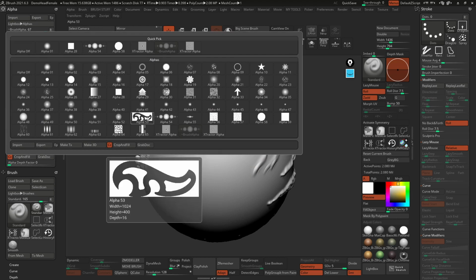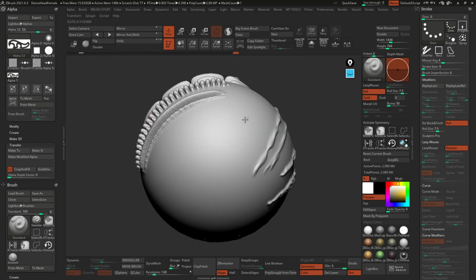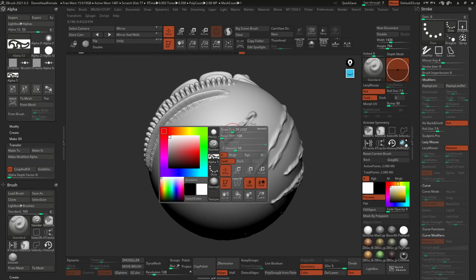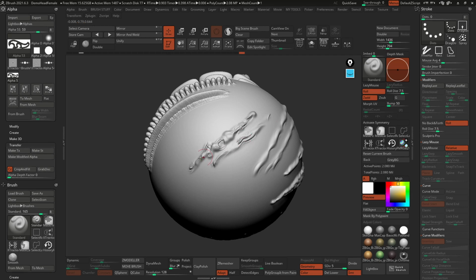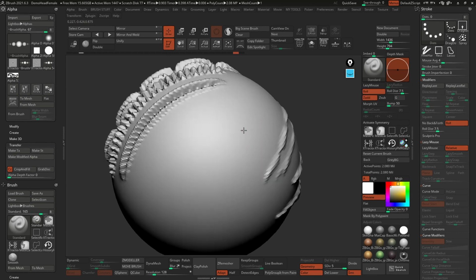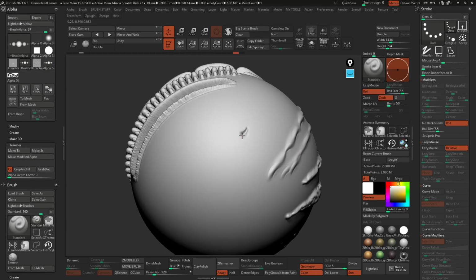So I'm going to select this alpha 53. Let's see if that one gives us something interesting. Right, so it gives us a bit of a sharper effect, right? Oh, the other thing that I changed was the focal shift, just to make it a bit sharper. I quite like the alpha 54 brush just to create that scar. You undo all of that. And one more thing that you can do is obviously invert the effect. So now this is sort of pushing in, and you're carving into the model, right? And it's quite good.